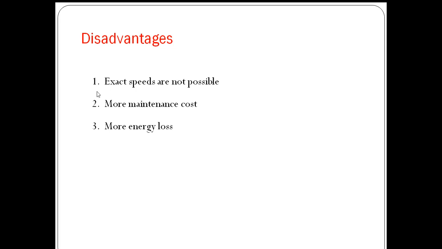By adopting the above methods, the maintenance cost will be very high because we are using a rheostat and we need to frequently maintain those circuits, because it may cause power loss. And whenever we are operating with those circuits, more I square R losses will be there, as resistance in the rheostat will cause copper loss, which will produce heat in the form of energy loss. These are the main disadvantages of the above speed control techniques.